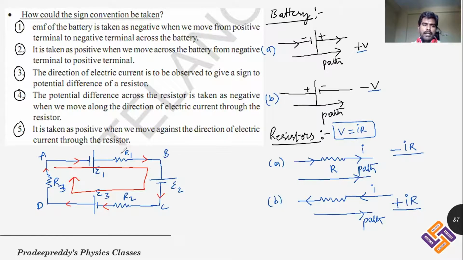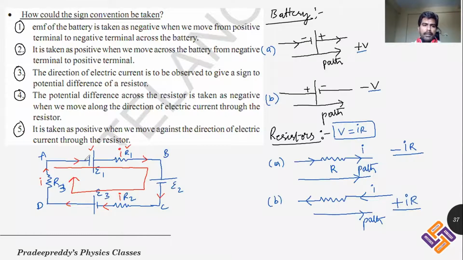And how much amount of current is flowing here? I is the amount of current flowing through this circuit. I am writing it as I. I is current flowing in the circuit. Now you can use Kirchhoff voltage law by using these sign conventions. Take proper sign conventions and write down the equation. Start from A. From A you are going to B. You are coming across a battery and a resistor.